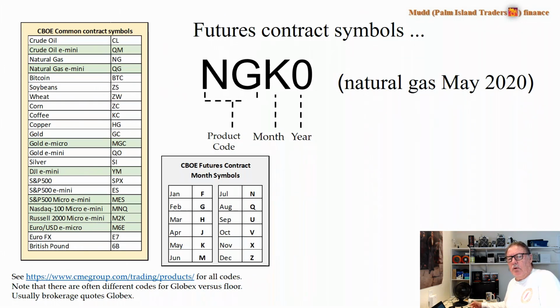So you have to know or find the symbol, which is on the CBOE website and also typically on your broker site. It's usually 2 elements like NG for natural gas, or 3 if it's a micro contract, such as MGC for gold. Then the month is determined by the month symbols that is used by the CBOE, which typically